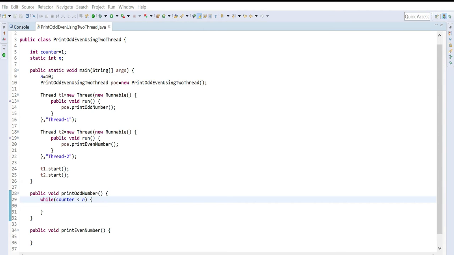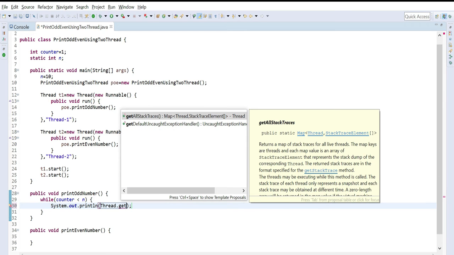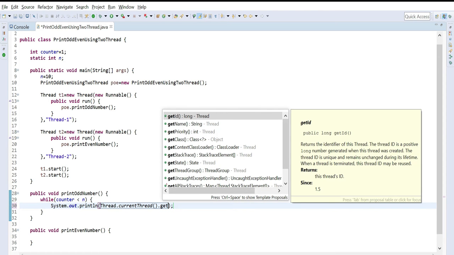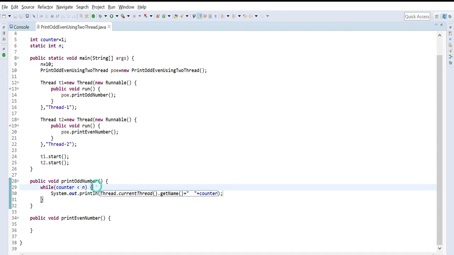So till then we will print all these numbers. How we will print that number is, we can simply say Thread.currentThread().getName(). So we will get the current thread name, then we will give some space and we will print the counter value. Okay, and what we can check is, as it's the odd number it will print,